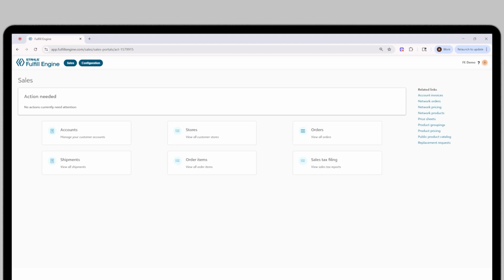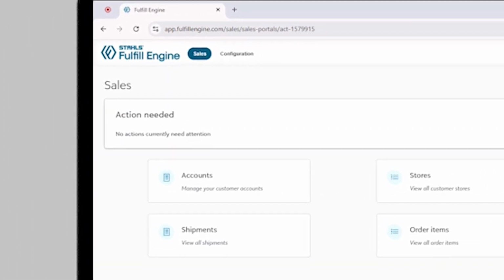Now, let's walk through your dashboard. The first thing that you will see is Action Needed. This section is where our software is going to call out any time that an order requires your attention. This could be things such as sourcing issues or invalid addresses. Really, this Action Needed section gives you the opportunity to quickly address an issue and seamlessly push it back into